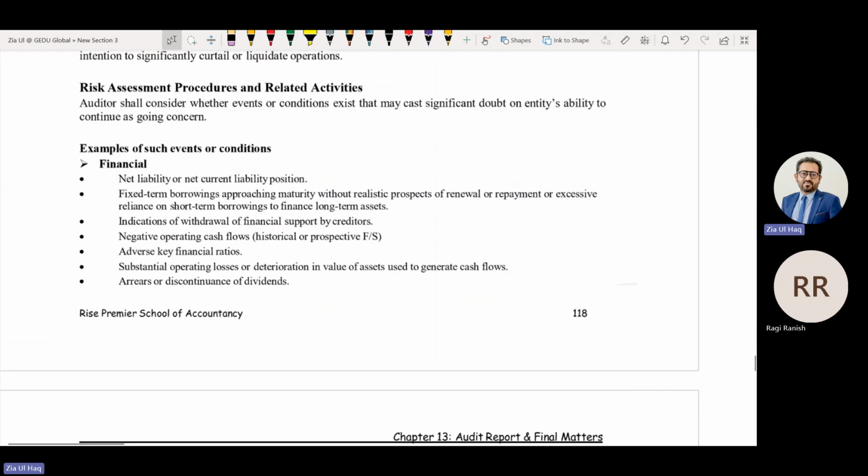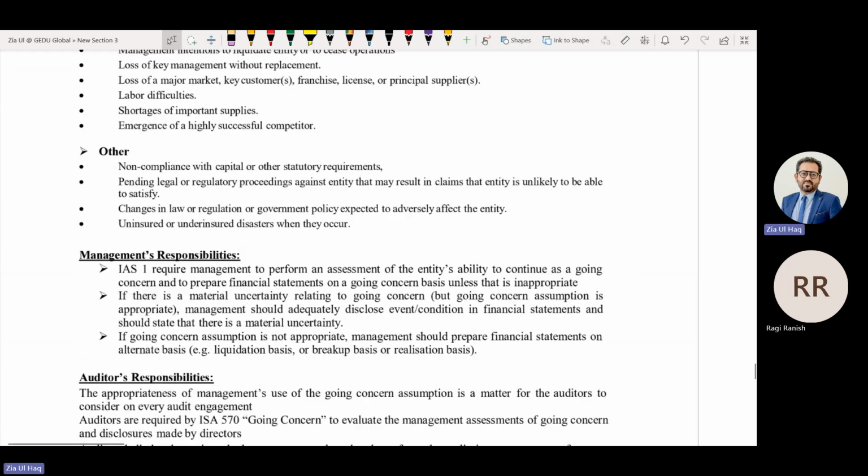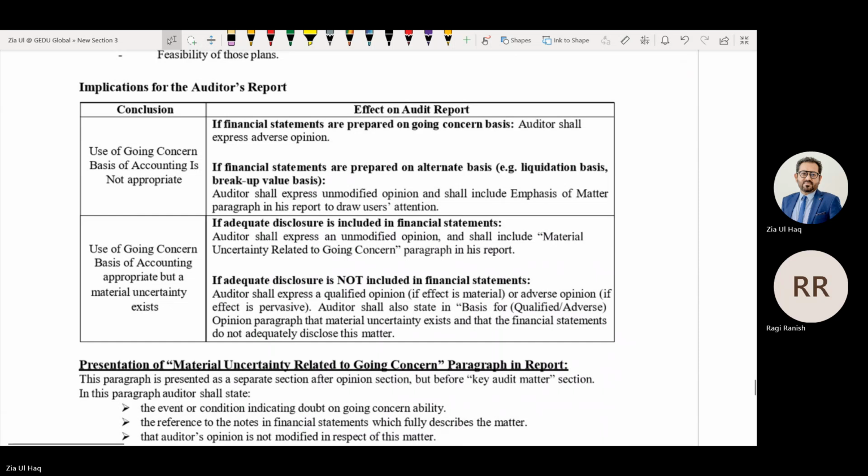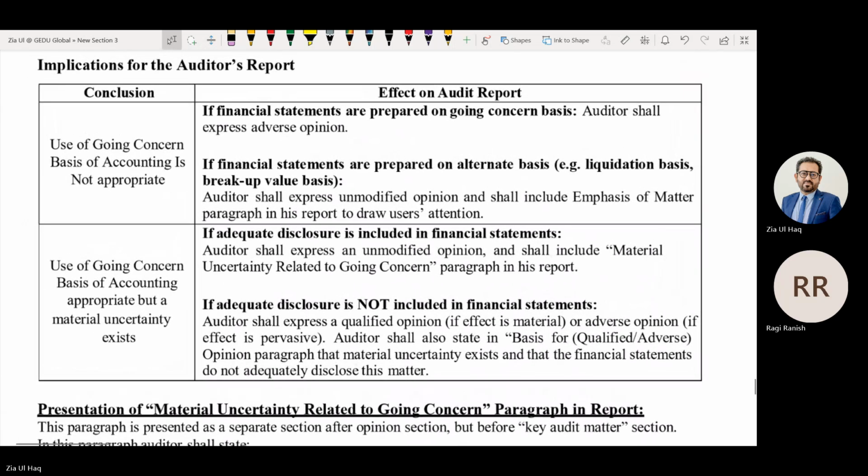Now let's discuss reporting a fact relating to going concern. Circumstances where using the going concern basis of accounting is not appropriate, meaning the company is not a going concern.